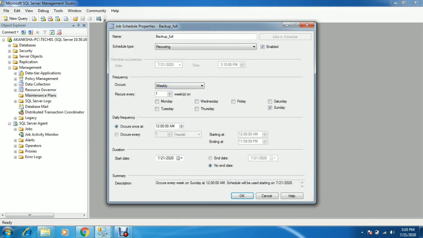I am leaving it weekly, every Sunday 12 a.m., and click on OK. As you can see, it mentions weekly 12 a.m., every Sunday the job will be automatically triggered. Okay.